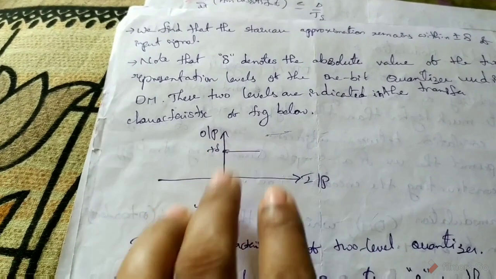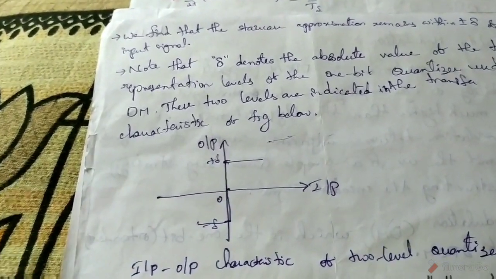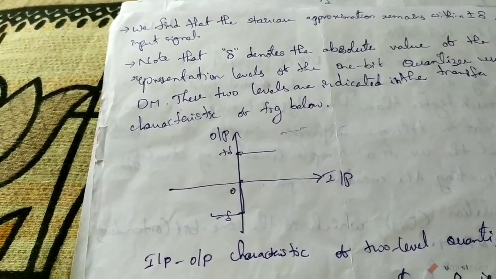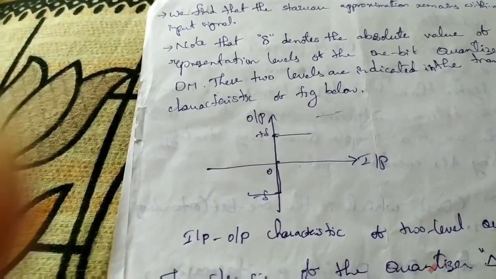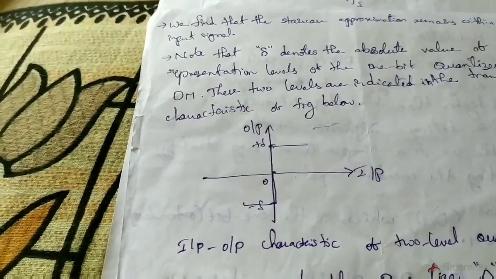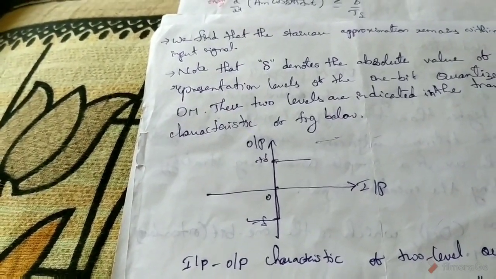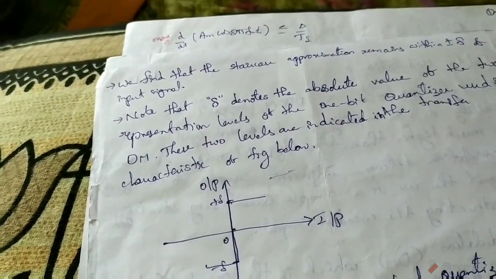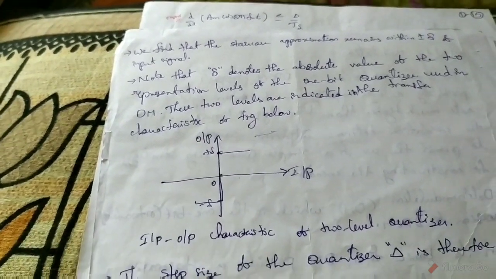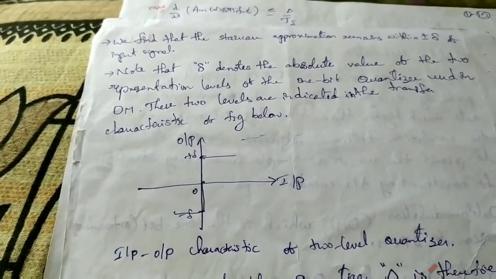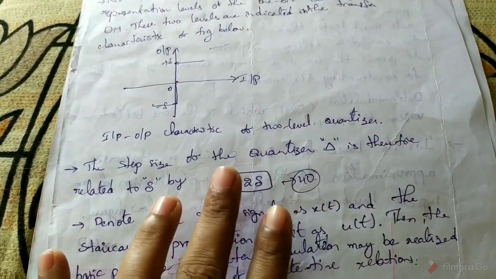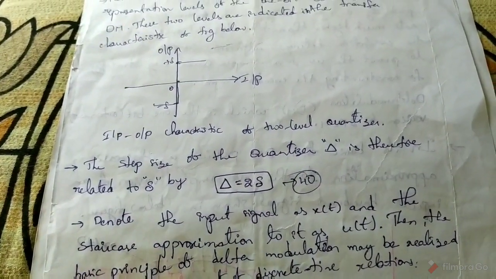This is varying in between plus delta to minus delta. The step size of the quantizer delta is the step size of the